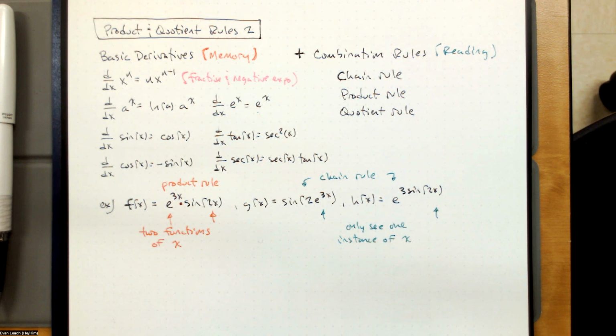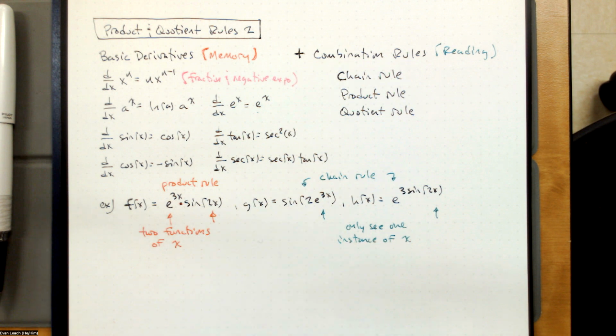Any questions? With product rule, we just have to identify a first function and a second function, and it doesn't matter which one is which. With the chain rule, the order does matter. We have to identify what's the inside function, what's the outside function. So we have to remember we're doing different things. Another thing to note